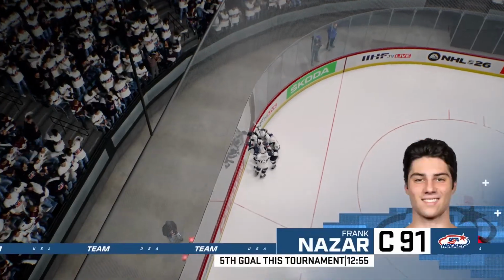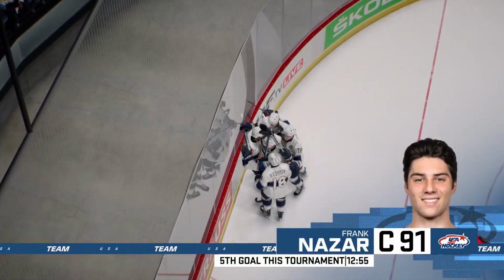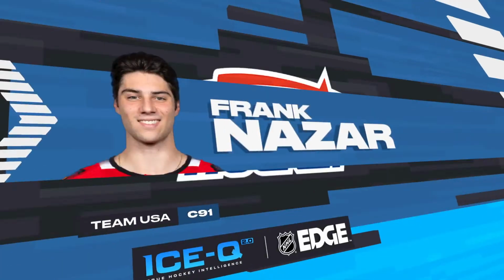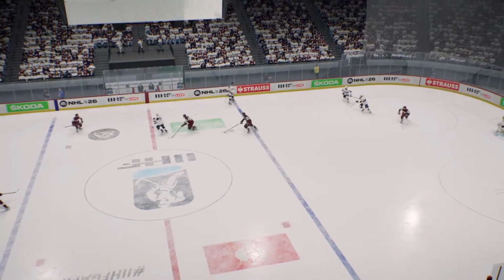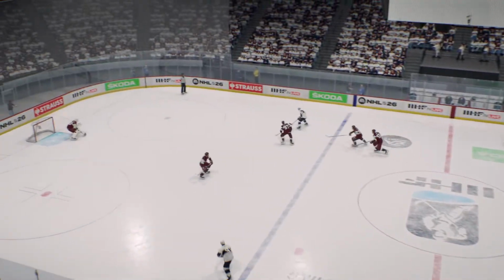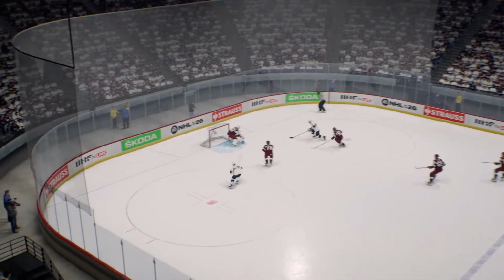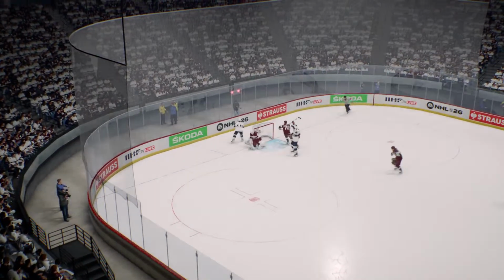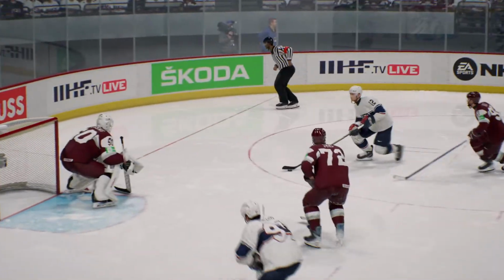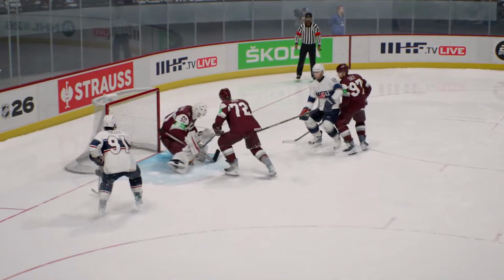Clayton Keller. No, it's Frank Nazar. Excuse me, Frank Nazar puts it in, and Team USA extends their lead. Dudlevsky's just got a little too far off the goal line.